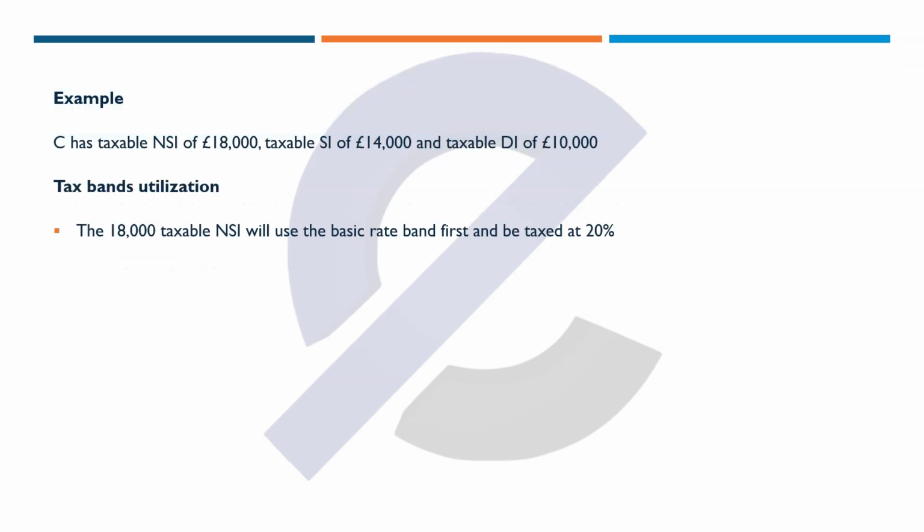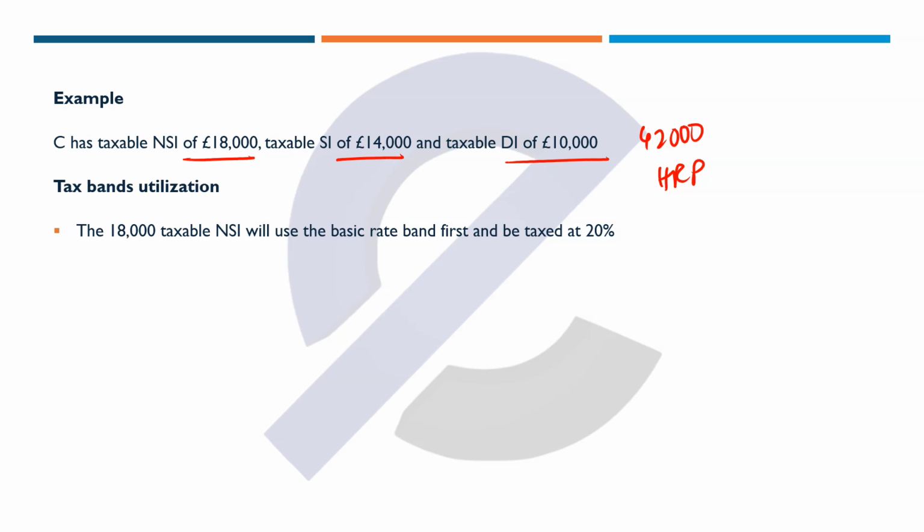Let's look at a more comprehensive example. An individual C has taxable non-saving income of £18,000, saving income of £14,000, and dividend income of £10,000. The total taxable income would amount to £42,000, which makes C a higher rate taxpayer. This means that C is entitled to a nil rate band of just £500 on his savings income, and the